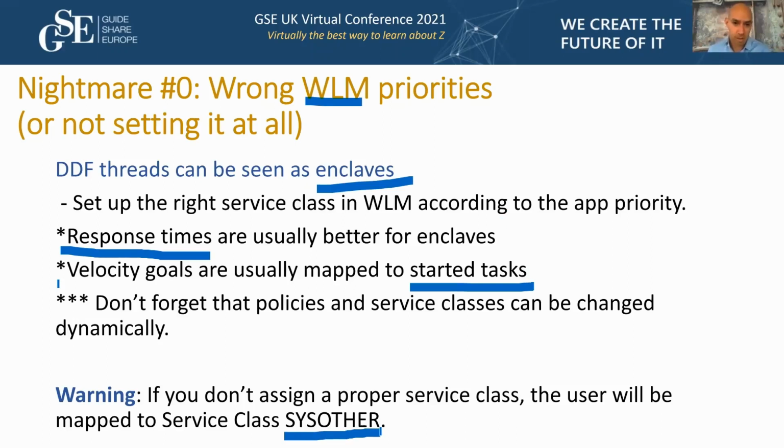And if there is one thing that I have learned in conferences is that there is no such thing as obvious information. So I actually got this question from another conference. In fact, it was in Mexico. So I had my system, and to the DDF task, I set it up with sysstc, but then I saw that the enclaves were coming with sysorder. What happened? There is no obvious information.